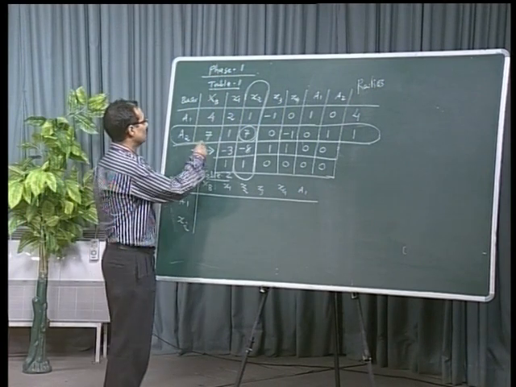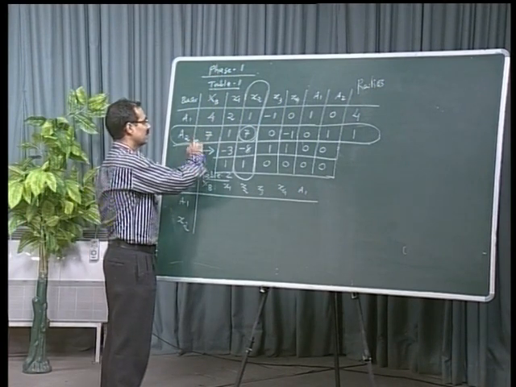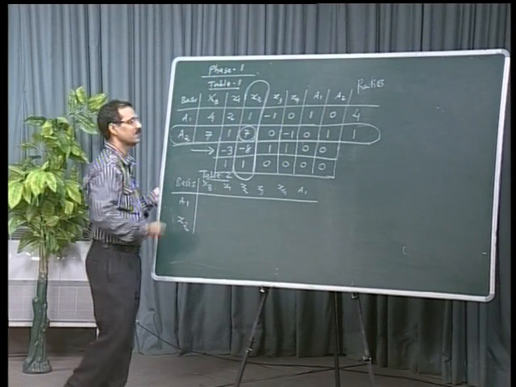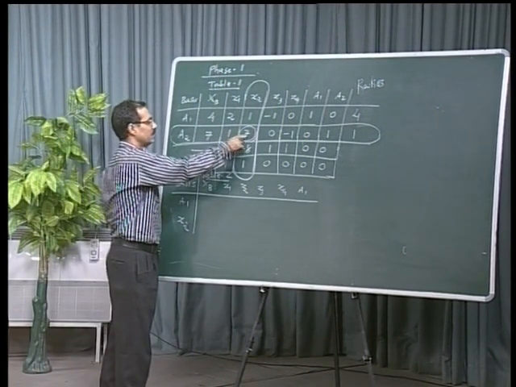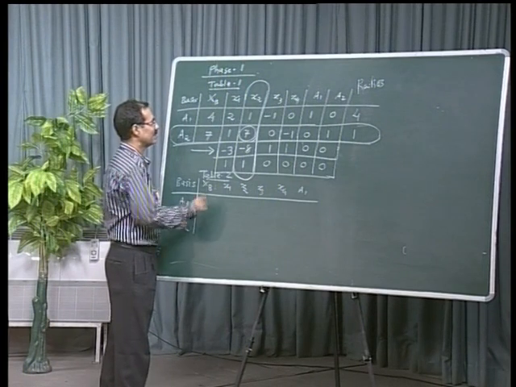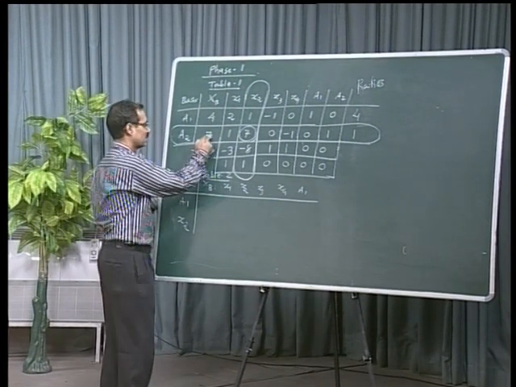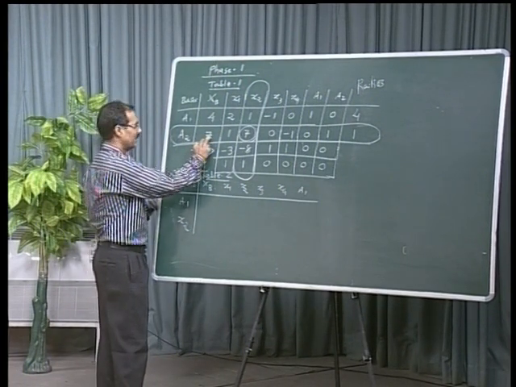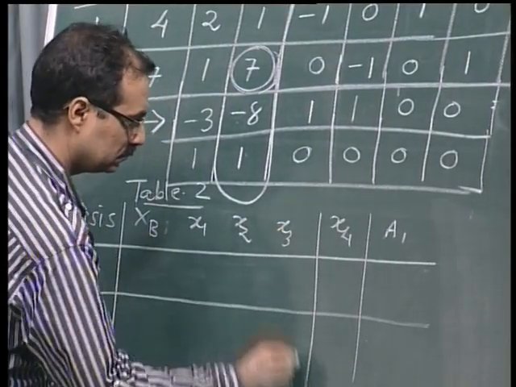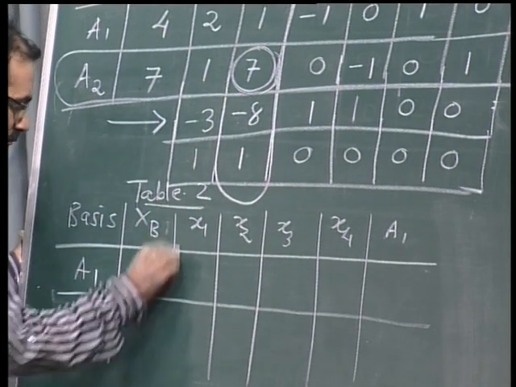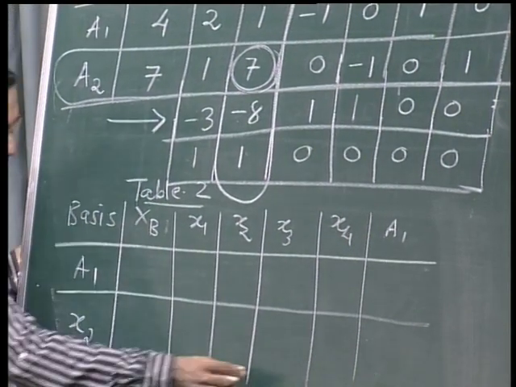Okay. So, first of all what we do is the highlighted or the special row is divided by the leading element. However, here this is a special row and the leading element is 7. So, it will be divided by 7 throughout. So, this number is 7, 7 divided by 7. So, what we have is